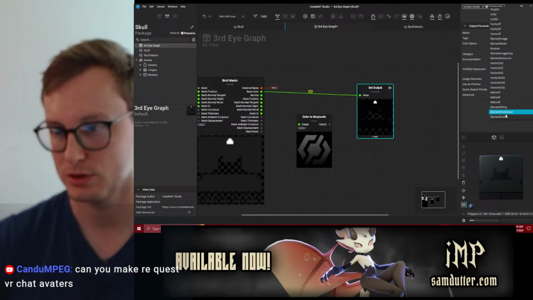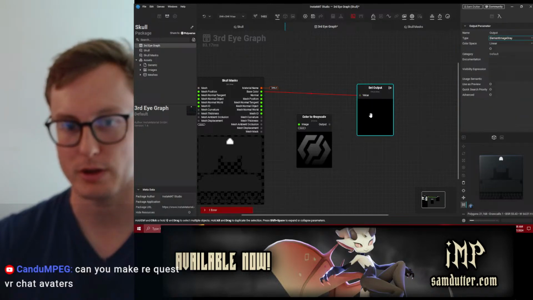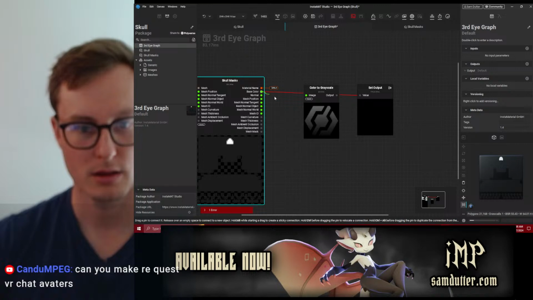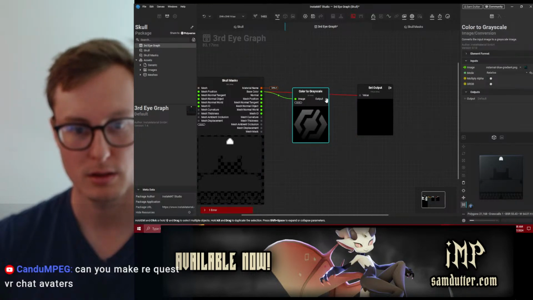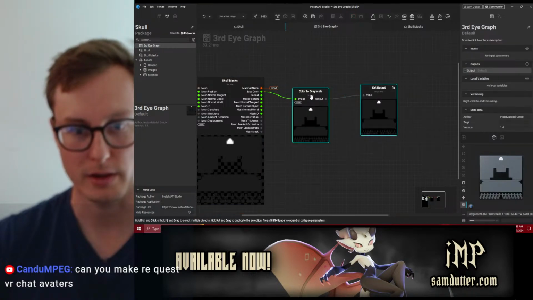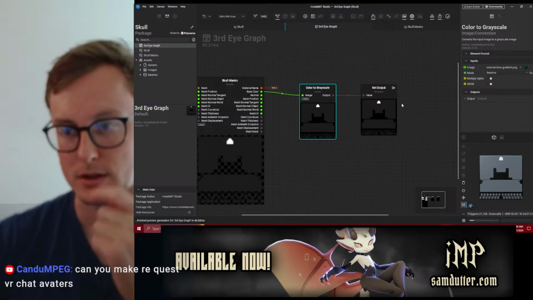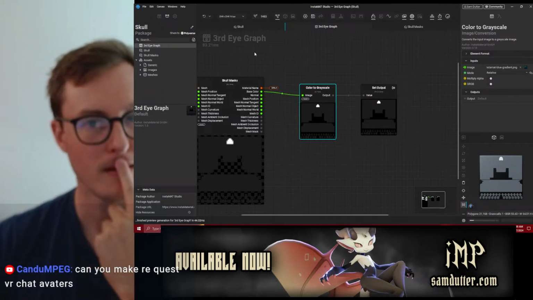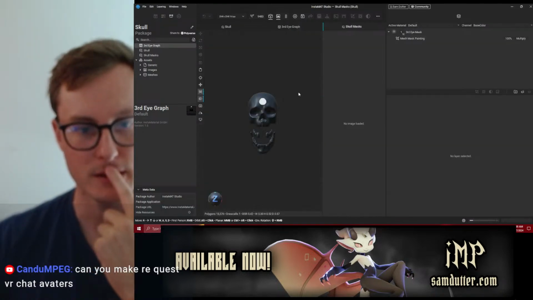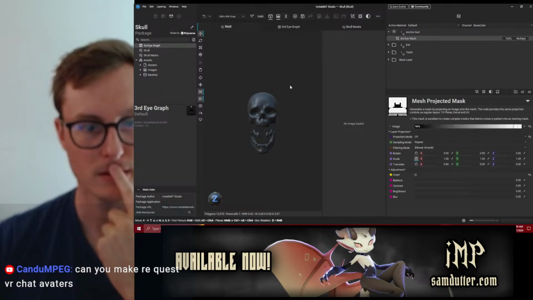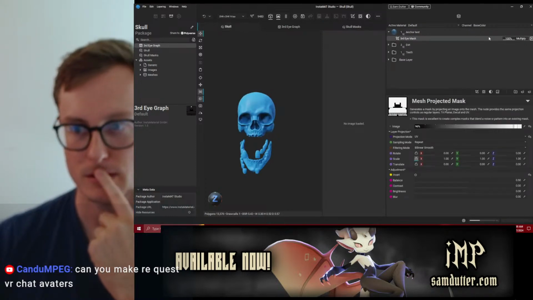Element image. Element image gray. Okay, now we have a grayscale output. Don't know if that'll make a difference, but skull.